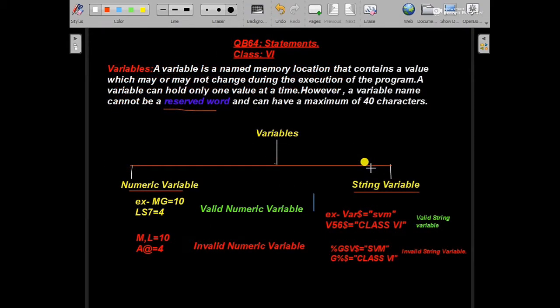Variables. A variable is a named memory location that contains a value which may or may not change during the execution of the program. A variable can hold only one value at a time. However, a variable name cannot be a reserved word, and can have a maximum of 40 characters. Here, reserved word means